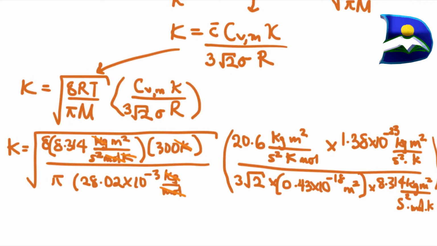And on the other hand, in the brackets, we have a couple of things that are related. We have our kilograms cancelling out kilograms, our seconds cancelling out our seconds, our kelvins cancelling out our kelvins, our mole cancelling out our mole, and our meter squared cancelling out our meter squared. We're good with this. So therefore, our k, which is our thermal conductivity constant, is equal to